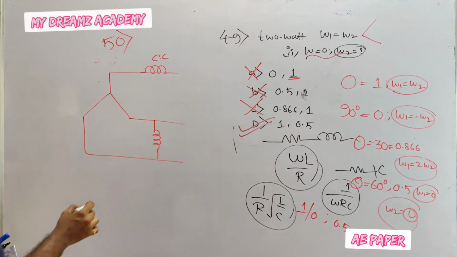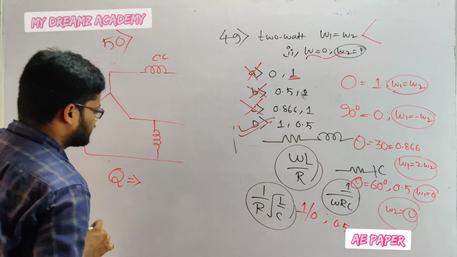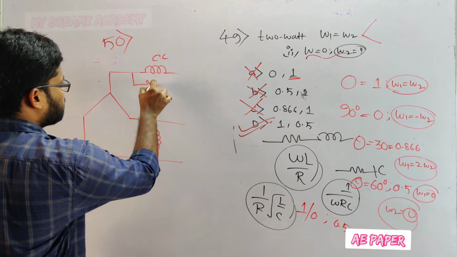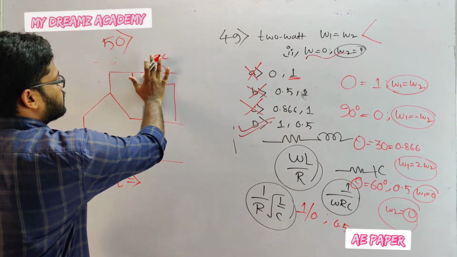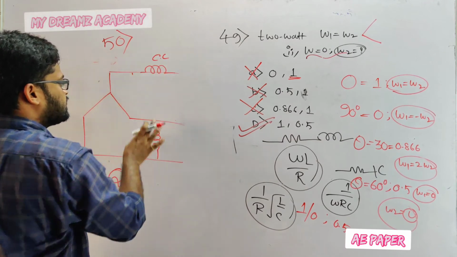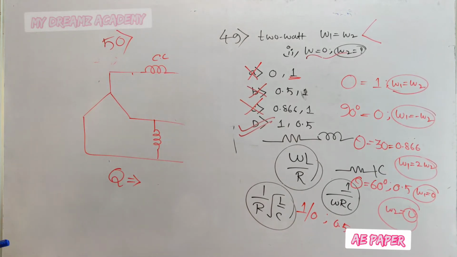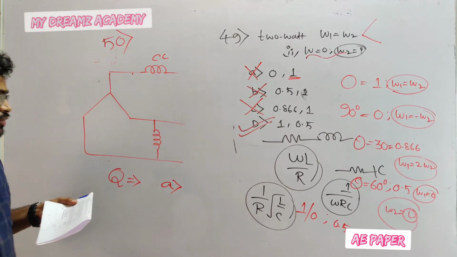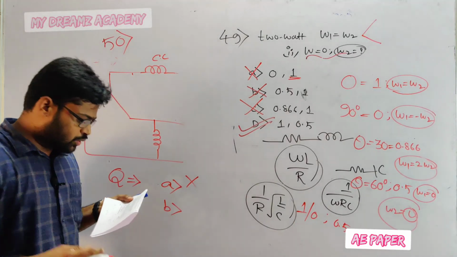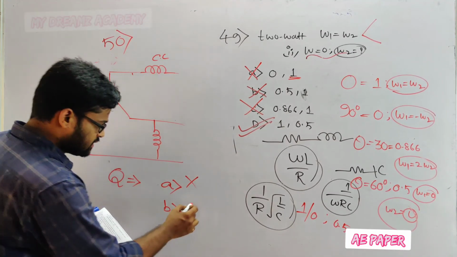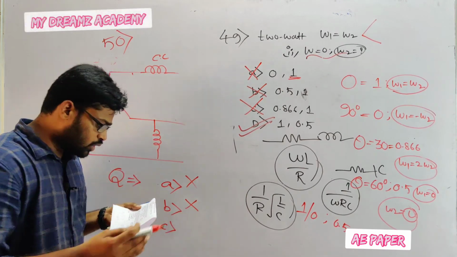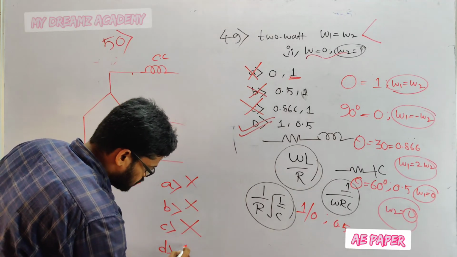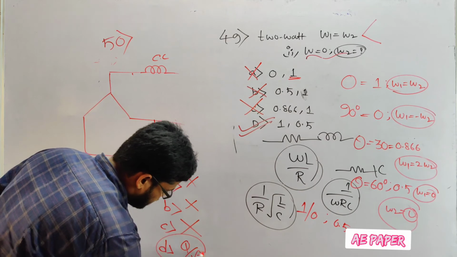So it will give reactive power. If you connect it like this, it will give active power. If the connection is like this, it will give reactive power. So option A, total 3-phase active power, is wrong. Option B, total 3-phase active power divided by √3, is also wrong. Option C, total 3-phase reactive power: it will not measure total 3-phase reactive power. It will measure total reactive power divided by √3. So option D is correct.